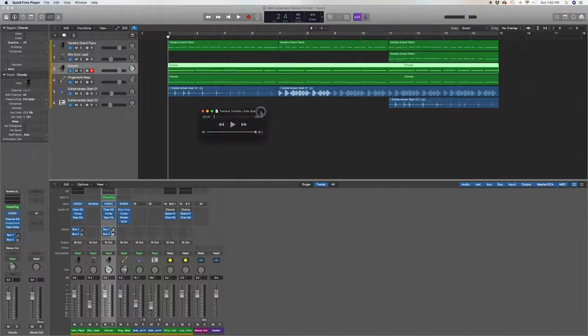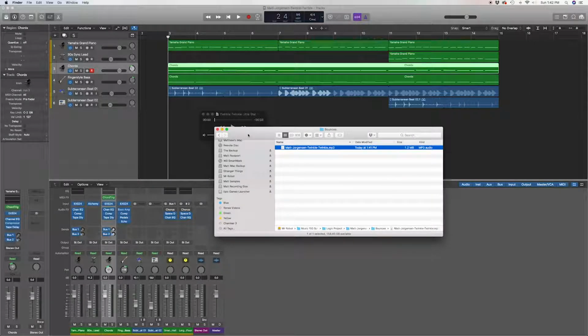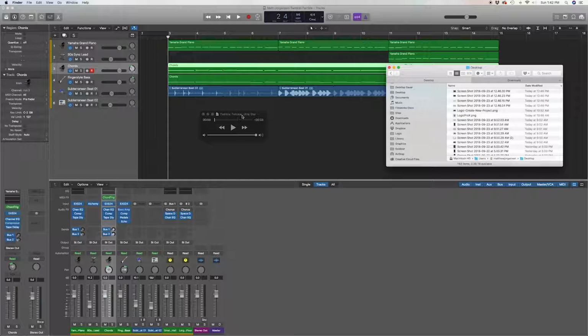So now what it did was it created an MP3 file within the bounces. It's 1.2 megabytes, you'll see. And if I play this,